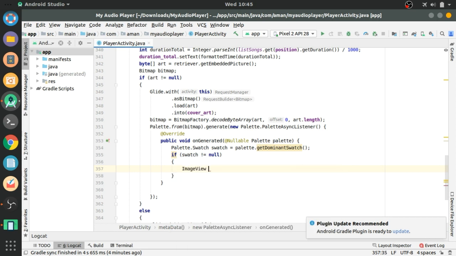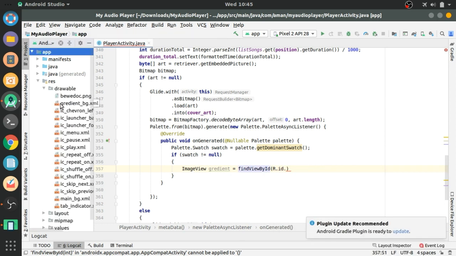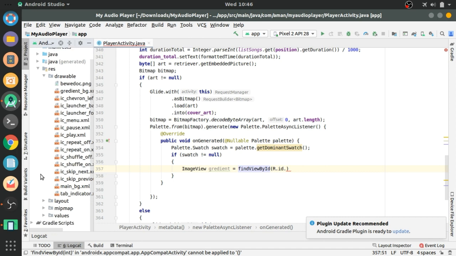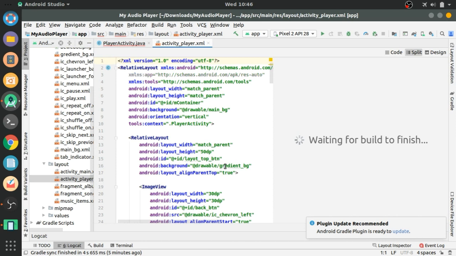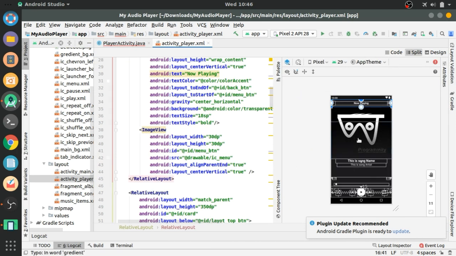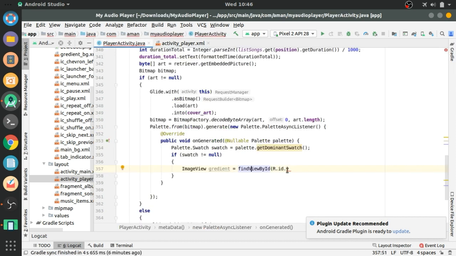Now create an instance of ImageView that will point to the player activity image view. findViewById R.id, go to the activity player in the layout directory, and here the image view will be the gradient effect, so copy this id, paste it here. And also we will create a RelativeLayout mContainer equals findViewById R.id.mContainer.